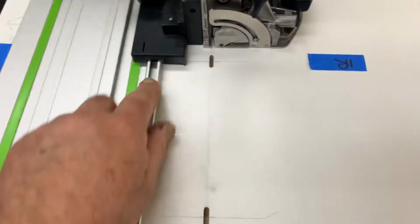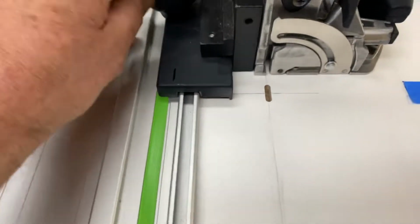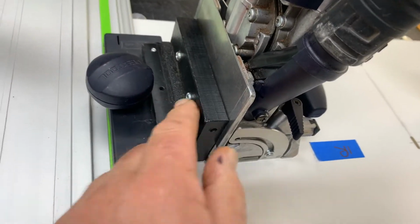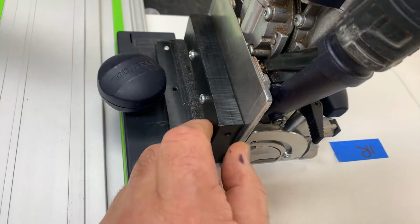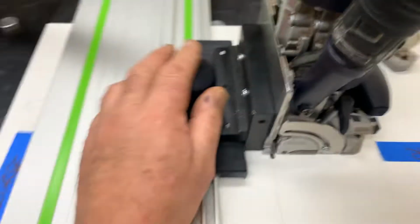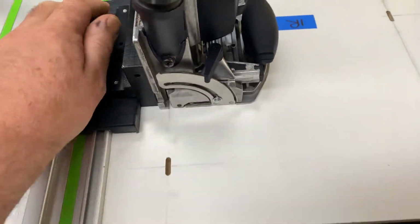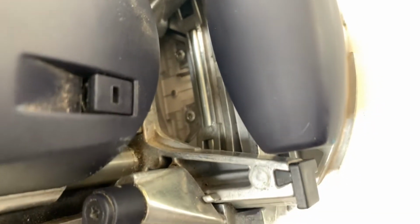I'm not quite sure, but what I did, it fits on the track and glides along beautifully. I made up a little plate at the back out of some of that phenolic plastic. That screws into the same holes which are in the back of the domino. Now the domino sits perfectly flat on this surface and runs up and down, and if you look inside here, you can see, and I'll try and get right in there, because it's often difficult in a spot like this, there's the line. All I'll do is mark the line